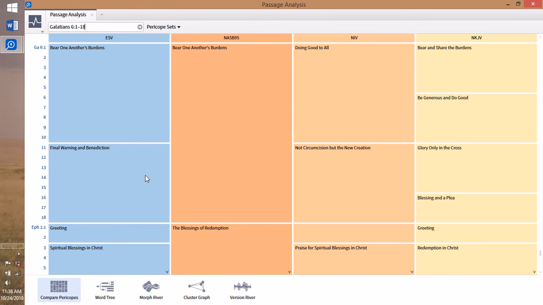Here the ESV has two different segments, bearing one another's burdens and final warning and benediction, whereas the New American Standard Bible has the entire section under one heading. The New King James Version really goes into detail and gives us four different blocks. The NIV and the ESV are pretty much the same divisions, ending at verse 10 and then starting 11 through